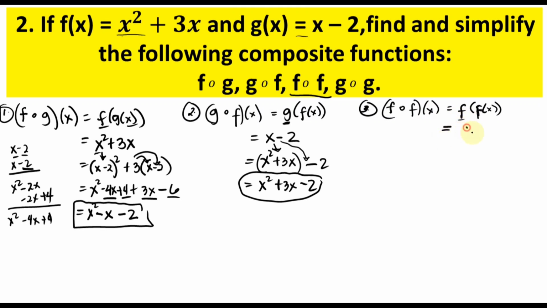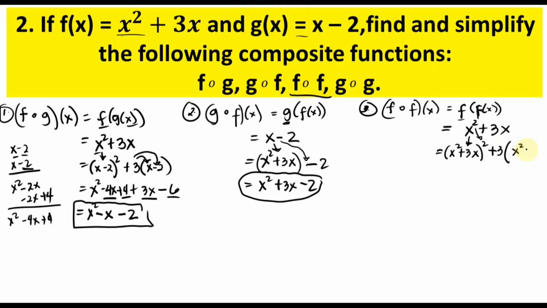So that is x squared plus 3x. Then you need to replace the value of x with, again, the value of f of x. So si x magiging x squared plus 3x raised to 2. So ito na yung value ng x natin. Then ito yung exponent plus 3 times